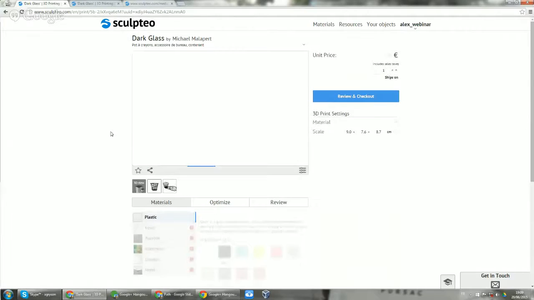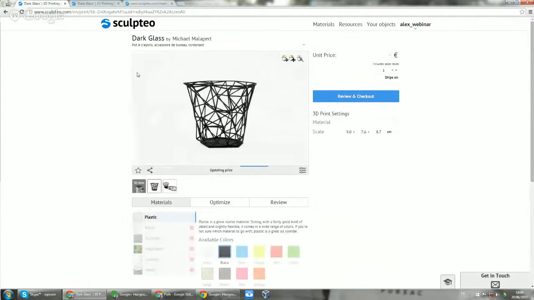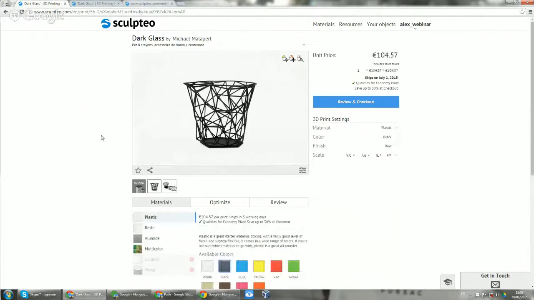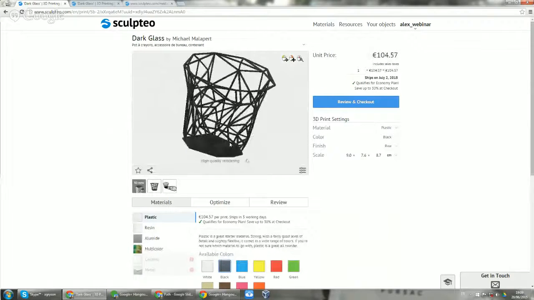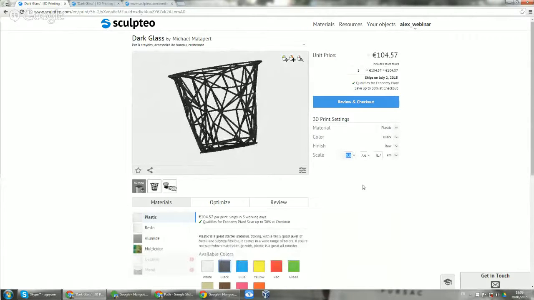So this is Michael Malapert's design, and he calls it dark glass. But I'm Irish, and this may be a bit risque, but I've always preferred shot glasses. So I want to make this a little bit smaller. I'm going to make this a little 4 centimeter tall